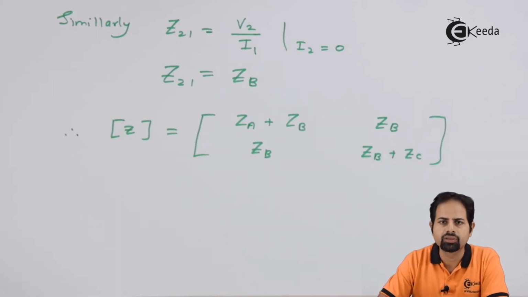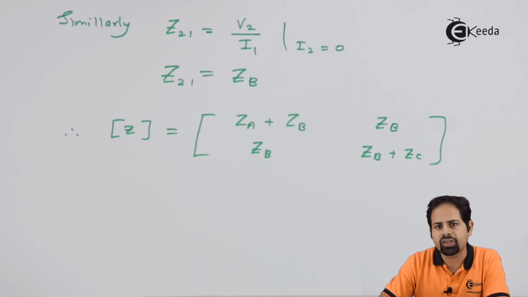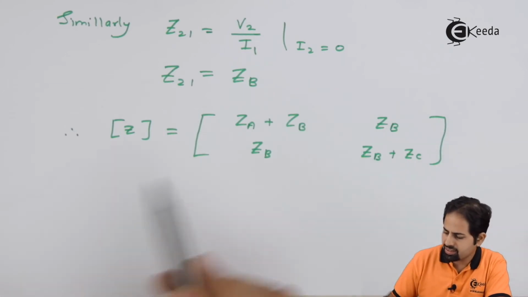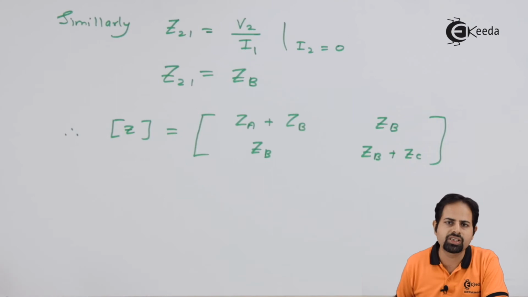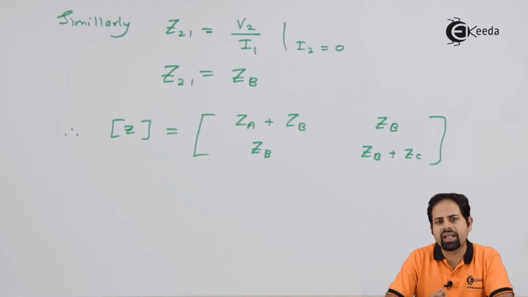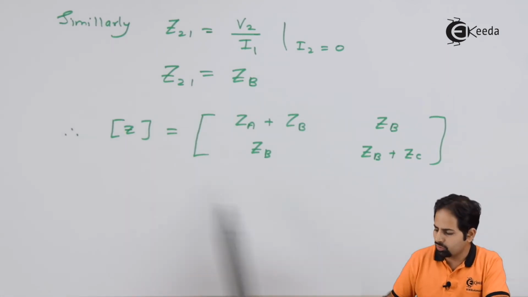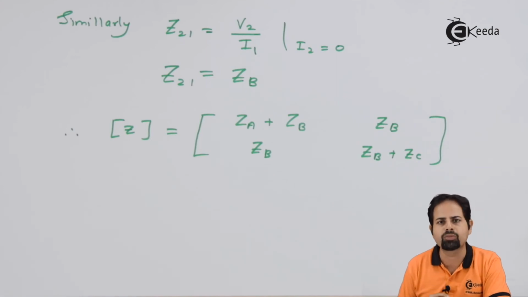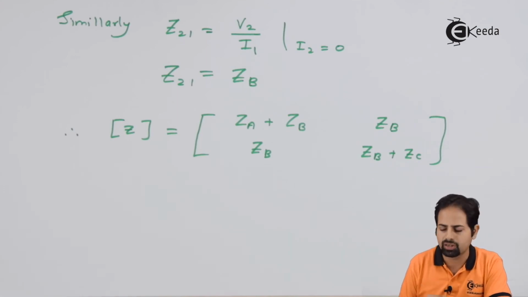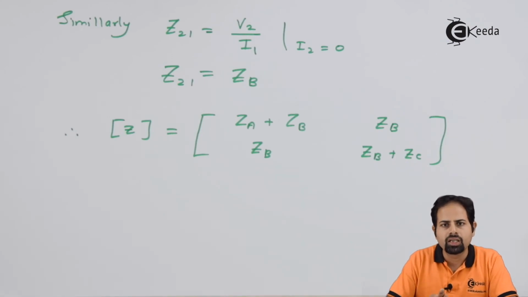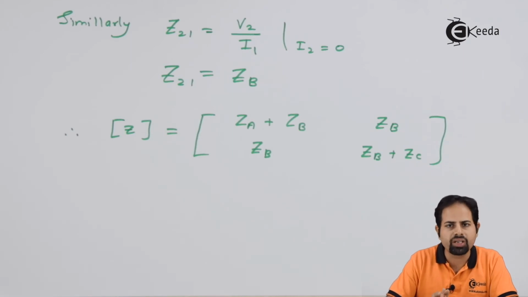Now what is the use of this? For any kind of T network, if we are able to get Z parameters, then we can get any other parameter. That means Y parameter, G, H, T or T dash, because we know the conversion, how to get Y from Z or how to get H parameters from Z. So it is very useful for solving numericals. So that is about T network.